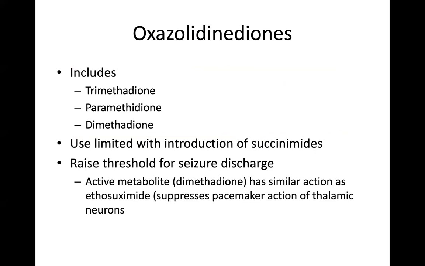Now let's move to another group, which is the oxazolidinediones. They all end up with -dione. So we have trimethadione, paramethadione, dimethadione. When some other drugs, the succinimides, came in, these have dropped in their use. What these basically do is raise the threshold, so it's harder for the seizure to discharge. We see that dimethadione is very similar to ethosuximide by suppressing the pacemaker. But again, these drugs are not in red because their use has diminished quite a bit, simply because the succinimides